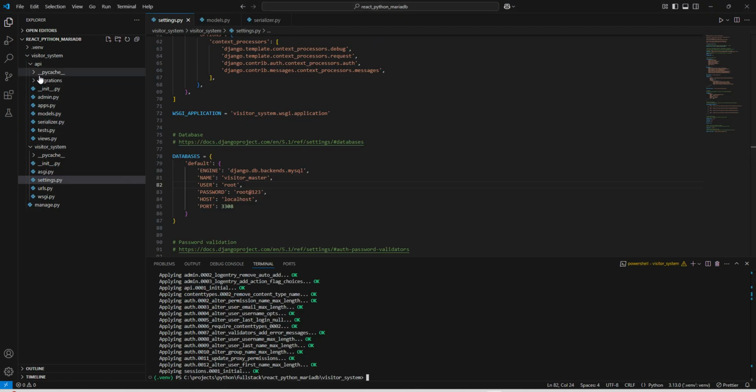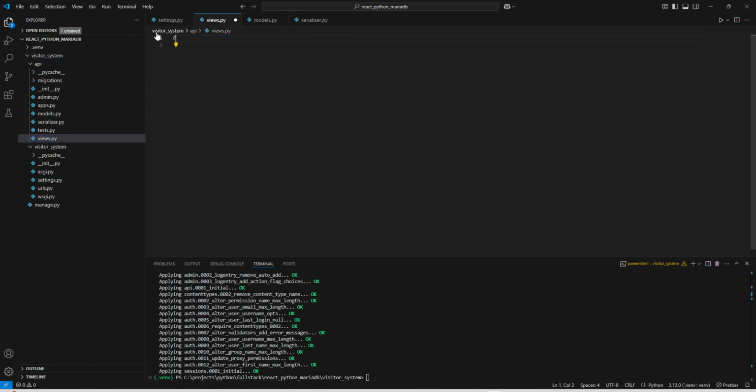Now let us create our one view inside our application, and this is our view file inside which we are going to create our view, and for that we are going to use view sets. From REST framework we are going to import view sets. Next thing, from models we are going to import our model which is visitor. From serializers we are going to import our visitor serializer,